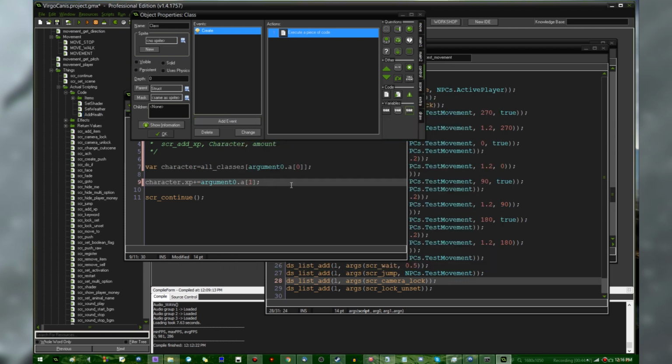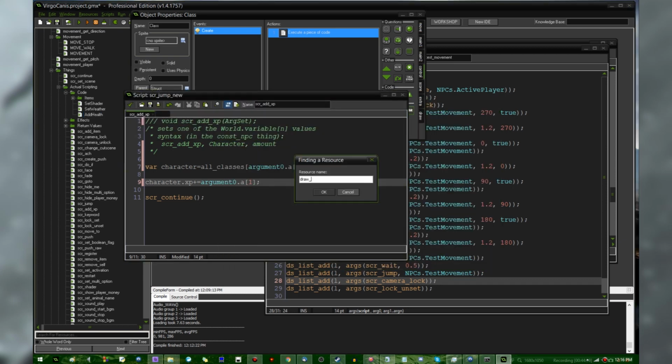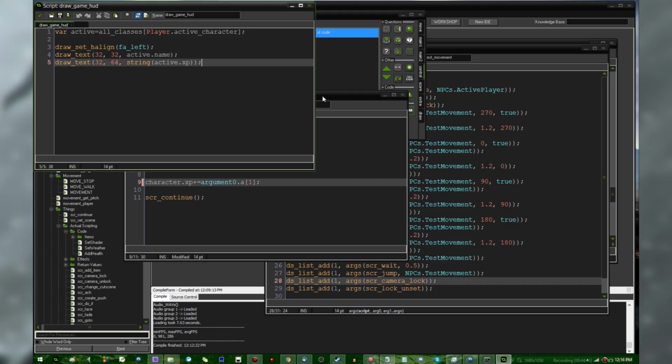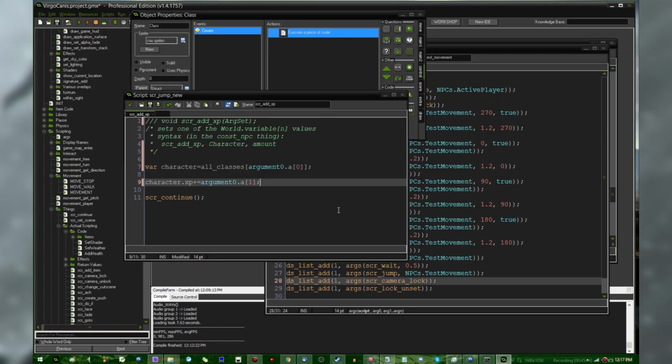But I think in addition, where's draw game HUD? Because I want to also draw not only the XP, but string of active.current HP plus a slash plus string of active.total HP. Okay,